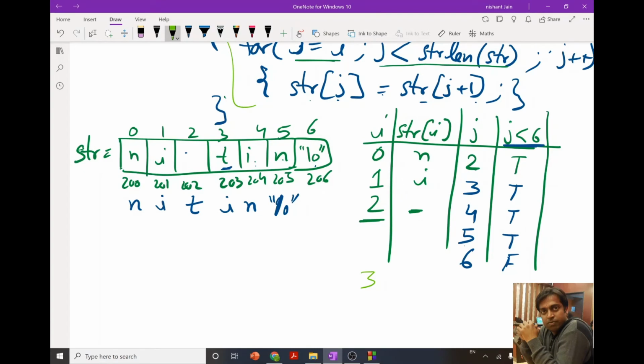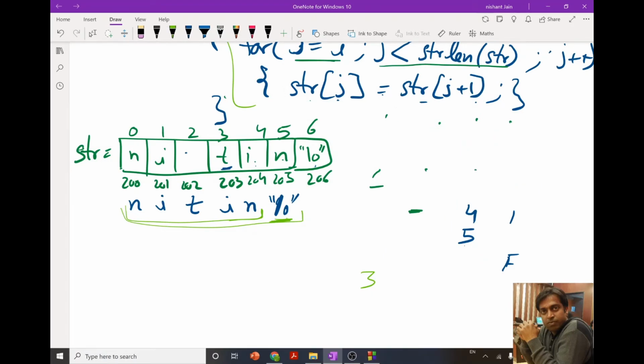So in this way you can see, since our null character is here now, our loop is going to execute only up to here, and the length becomes 5, because this will be the end of our string. Okay, so let me remove this.